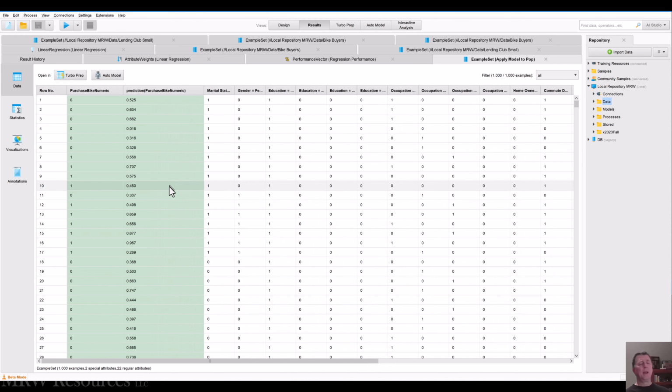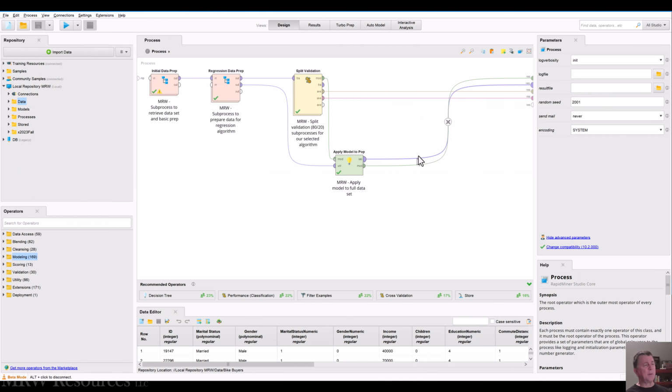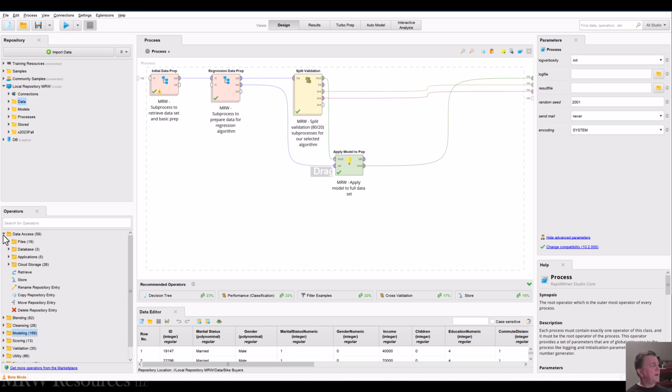Now, how can we convert these two numbers into a confusion matrix? Let's go ahead and work our way through that. First, I'm going to go back to the design view, and we want this labeled data. I'm going to go ahead and delete the connection wire to the result wall, and I'm going to see if we can find a way to output this